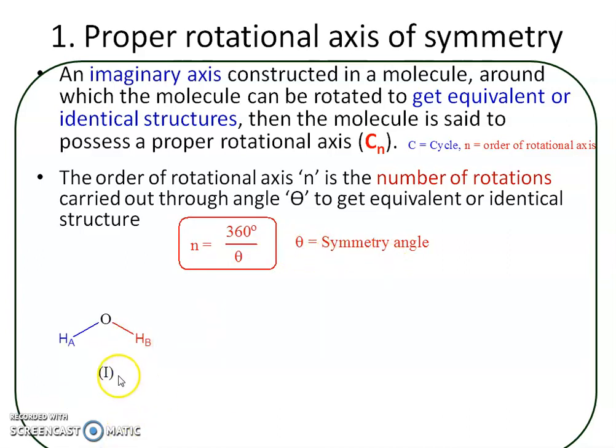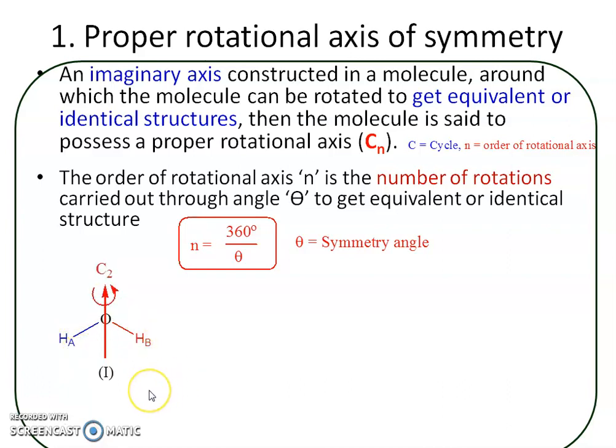So as an example, consider water now. In case of water, oxygen is attached to 2 hydrogen atoms, and you know water is angular. Consider these 2 hydrogen atoms, one highlighted by blue color, it is Ha, the other highlighted by red color, it is Hb. As such, hydrogen atoms are the same, but just to recognize 2 different hydrogen atoms, we are marking them as A and B.